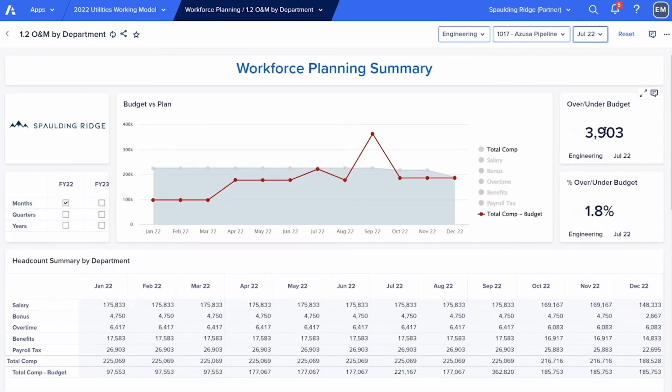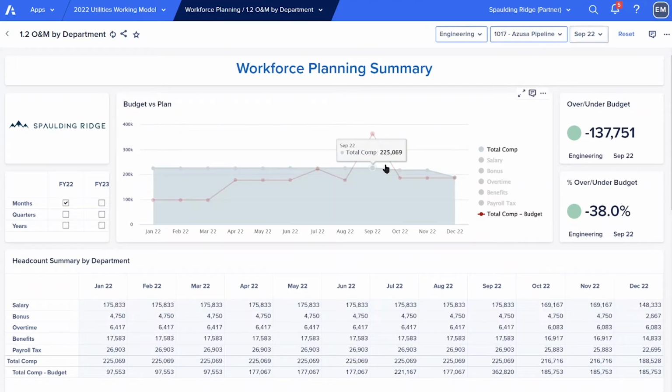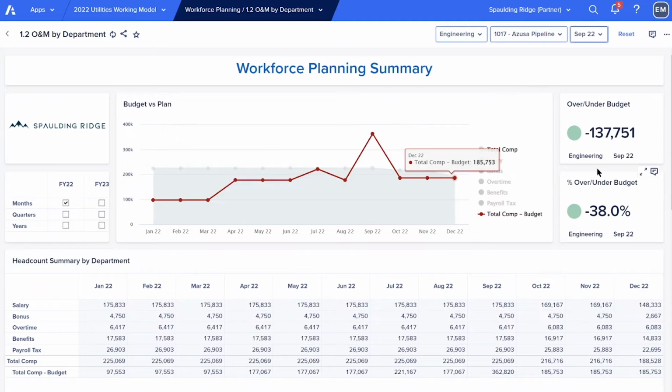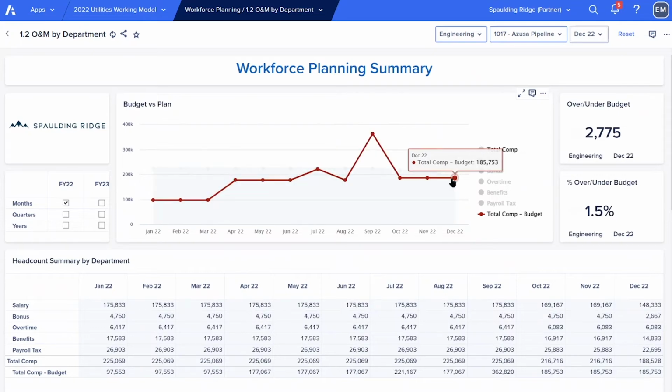I might show that I'm over budget on this month. If I'm to look at September, which looks like a specifically high level month for budget, maybe there's an initiative involved in that month. Right now, I'm significantly under budget. So I need to do something with my engineering headcount to account for the bow wave of activity that's coming in September. But I don't need to do it with maybe a permanent FTE because I see that based on my headcount and my budget, I'm going to be on target for December.